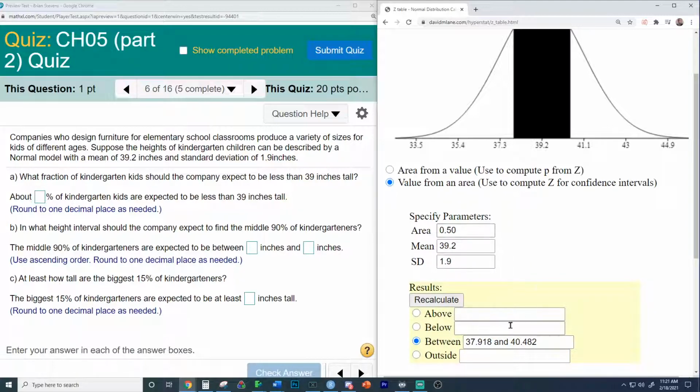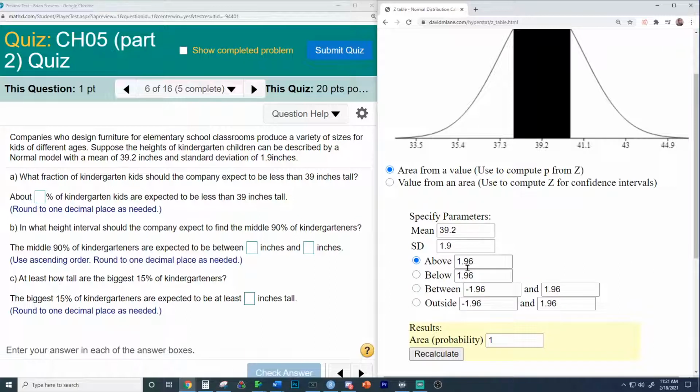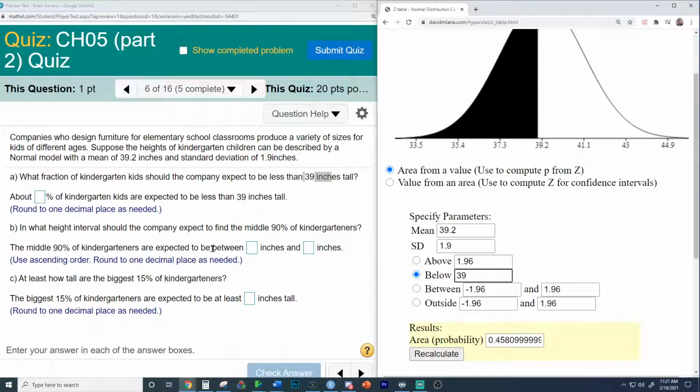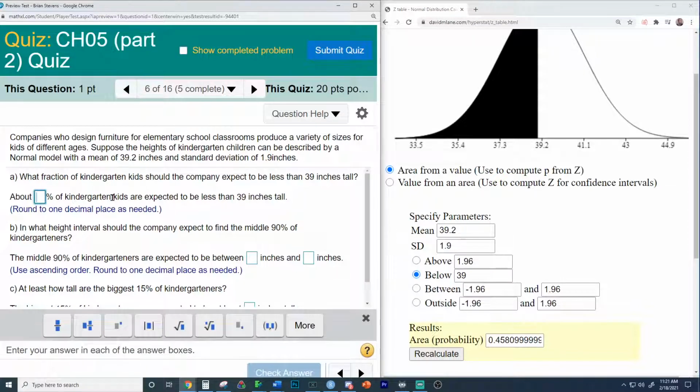So area, you get numbers. Numbers, you get area. So it says we know 39, so we're going to put in a number and it wants less than. So let's go here to below, 39 inches tall, which is going to be right about there. So 48%, 46%. Oh, darn. So we just put in that number right here,